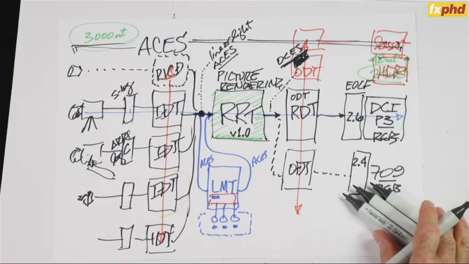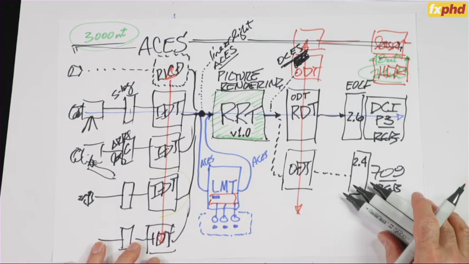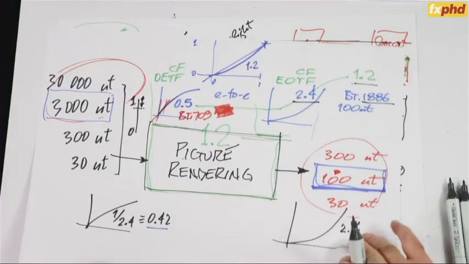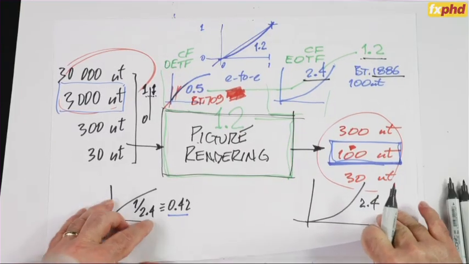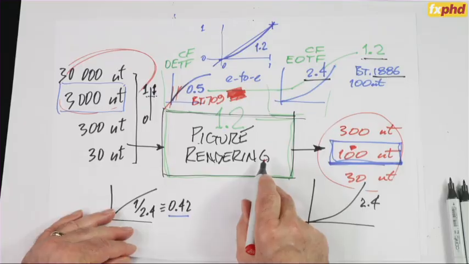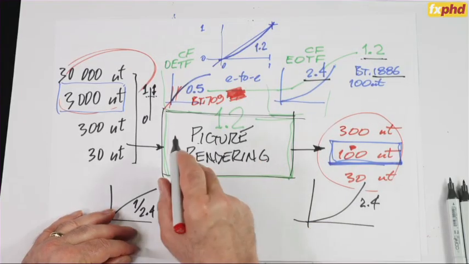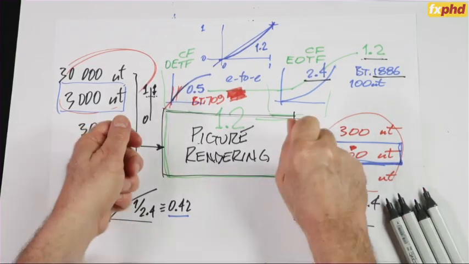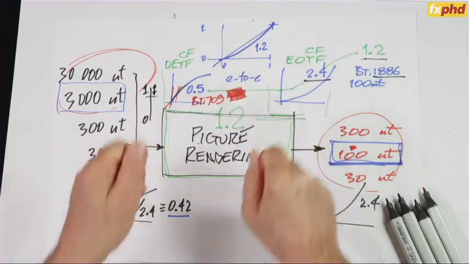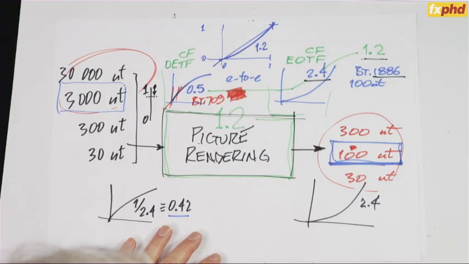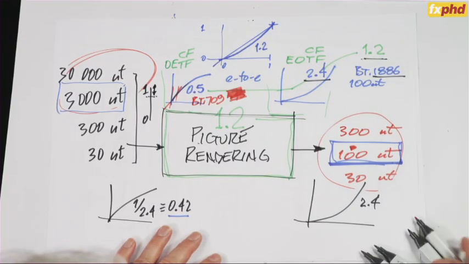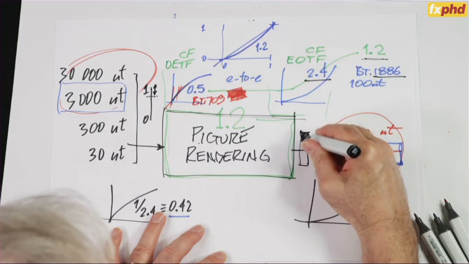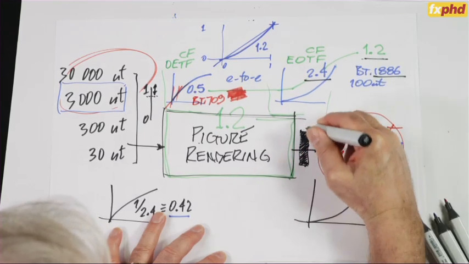So there you have an overview of the ACES block diagram, and that's prefaced by our discussion a few moments ago about the basic picture rendering operation, including what I call the baseline rendering of HD, which is just accomplished by manipulating the gamma at the input and the output. So for many of you learning about this today, your goal will really be to produce an image at the approval stage